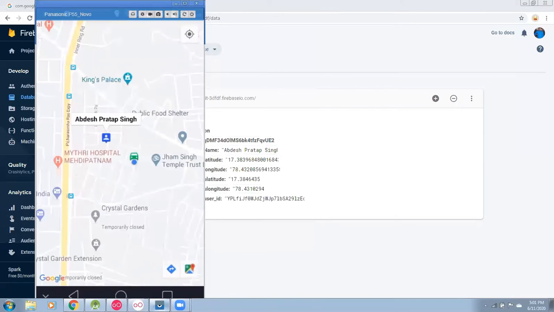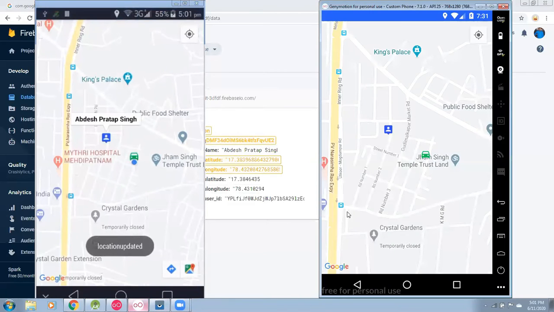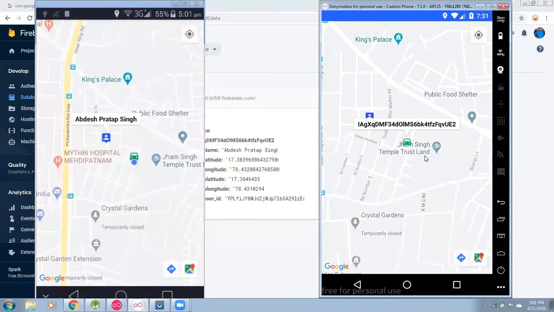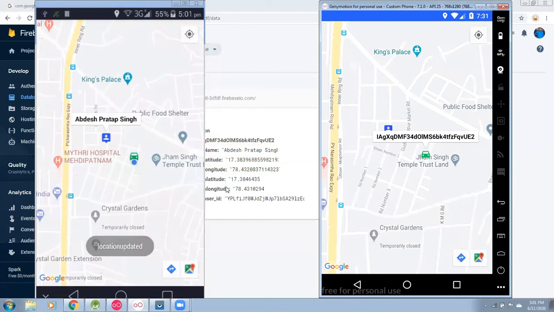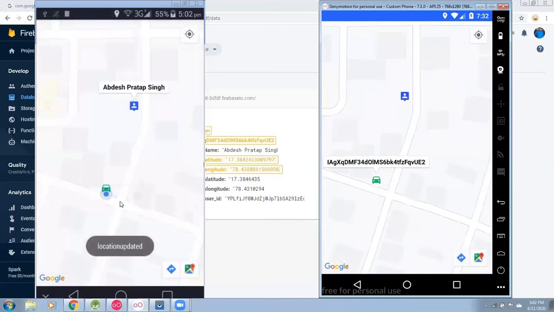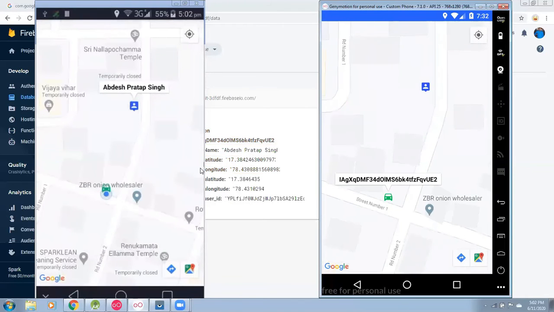So this is the driver's application, and this is the user's application. He can track, and he can click it, and it will tell him the direction of where to come. Again, here in the second app, you can see the user. No other things are clickable, only the user and this car driver. And in the database, you can see the data updating at the back. You can see the locations are updating just when I'm changing the fake location, and the location is being updated in both the apps.